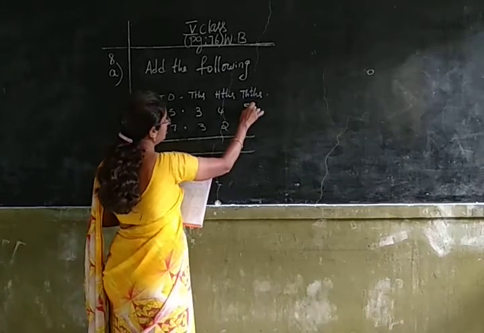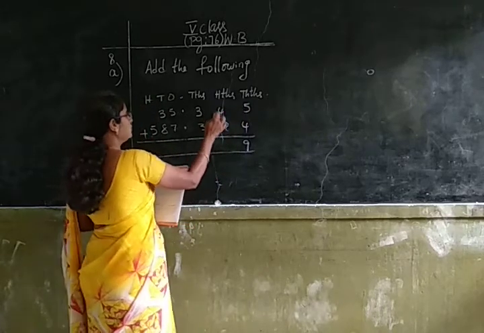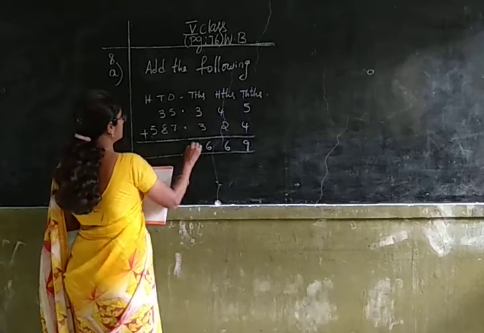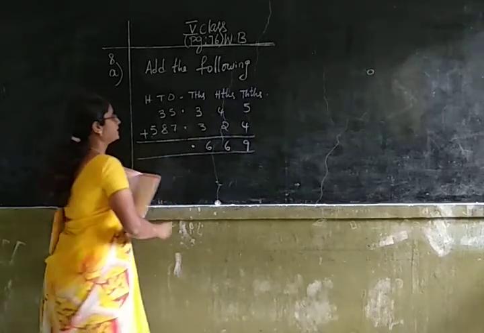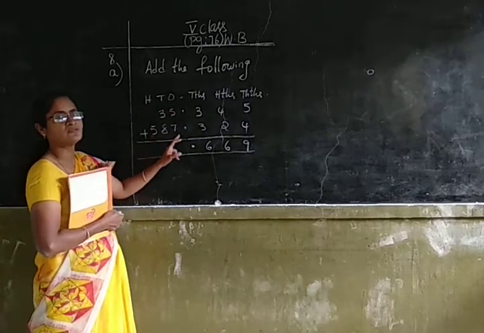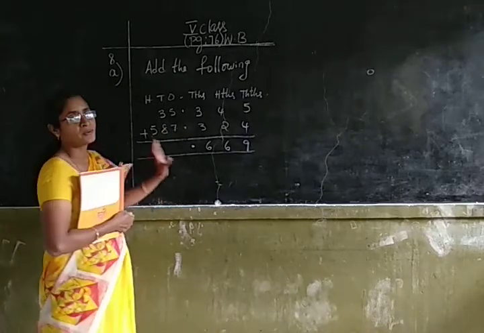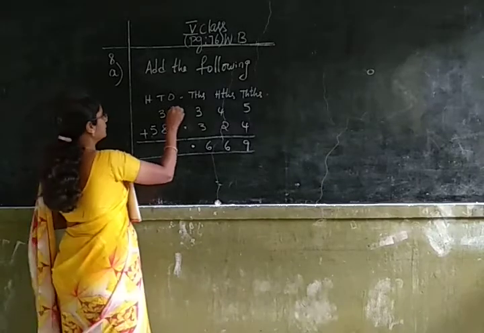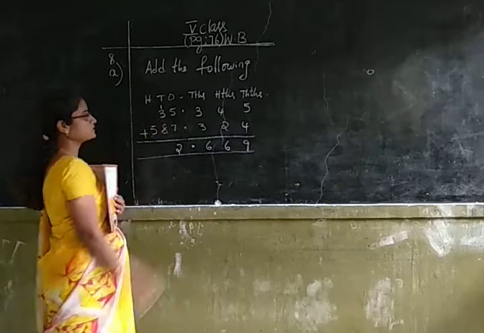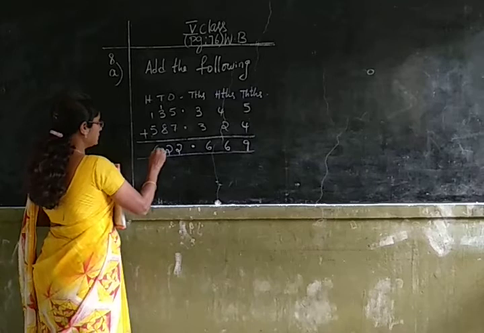5 plus 4 is 9. After adding thousandths place, let us add the hundredths place. 4 plus 2 is 6. Next, tenths place. 3 plus 3 is 6. So you have to place the decimal point. While arranging the decimal numbers in column, you have to check whether the point is in one column or not, which means that we have arranged the decimal numbers in proper places. 5 plus 7 is 12. 8 plus 3 is 11 and 11 plus 1 is 12. And 5 plus 1 is 6.